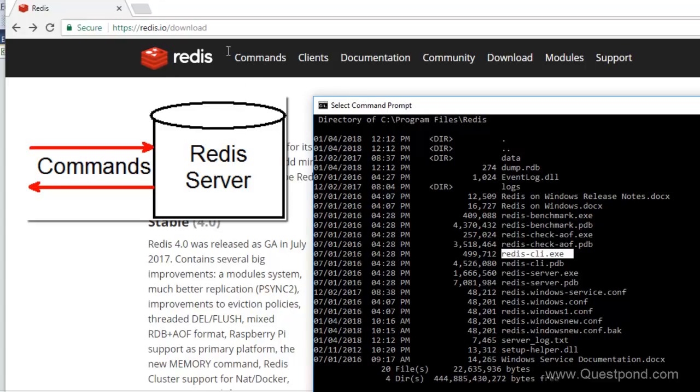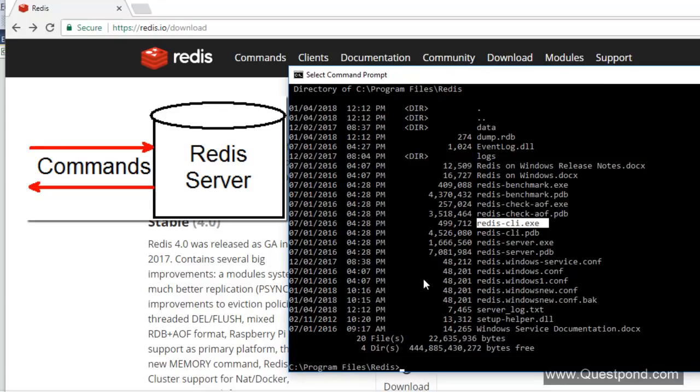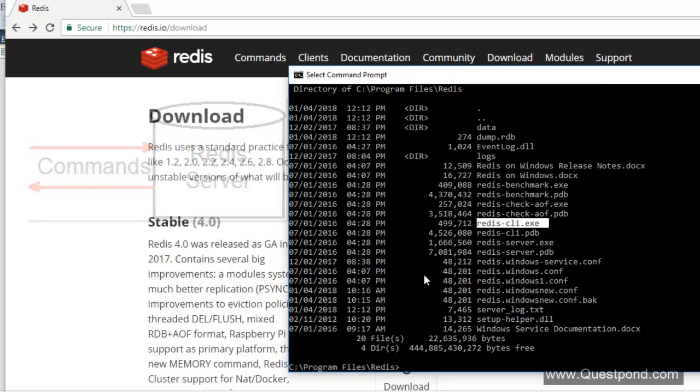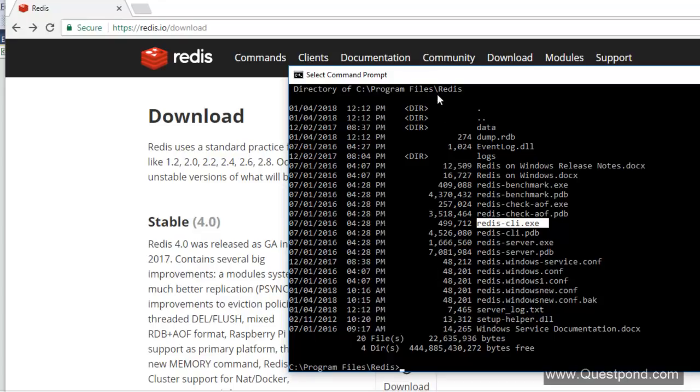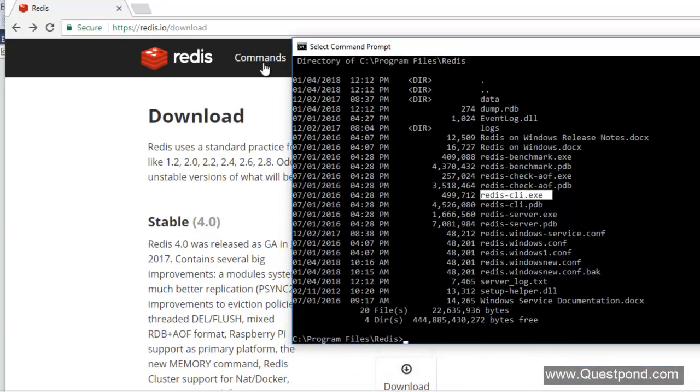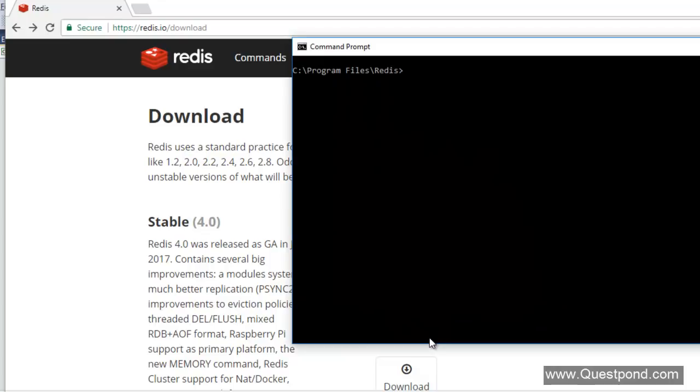You can see on the site there is a commands link. There are lots of Redis commands which you can execute on the Redis server, like if you want to input some cache, read some cache, purge, do a backup, or put authentication. All these commands we can learn from this link. To fire these commands, we have to run this Redis CLI. So let me run redis-cli over here.